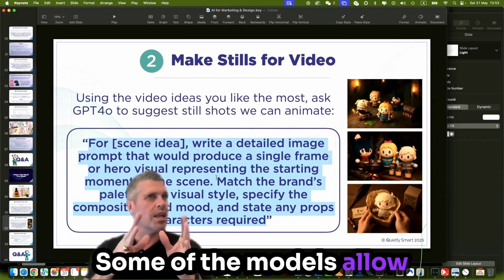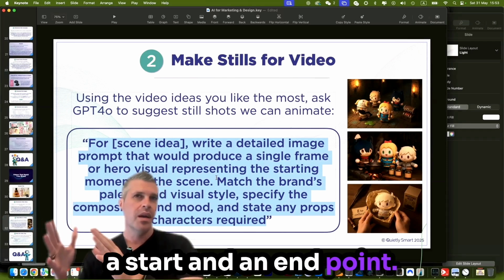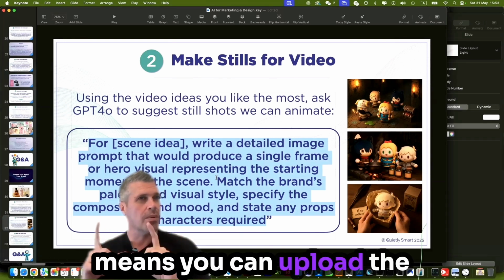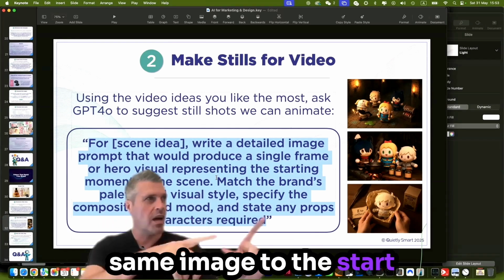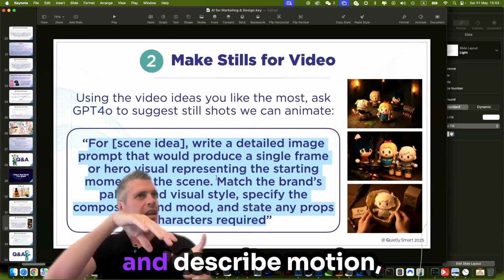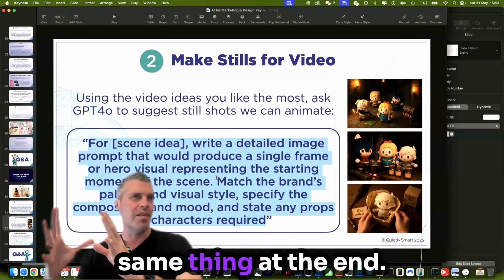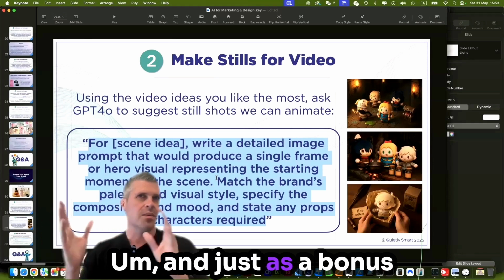Some of the models allow a start and an end point, which is actually quite good for looping videos, because that means you can upload the same image to the start point and to the end point and describe motion, and then it ends up at the same thing at the end. And just as a bonus tip,